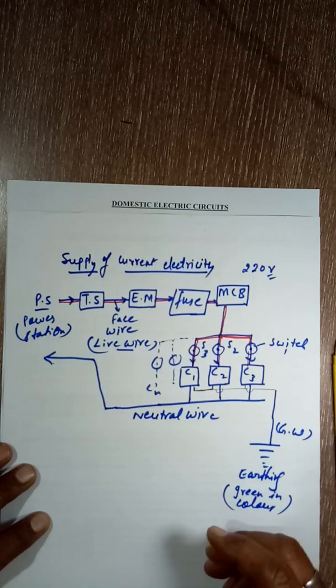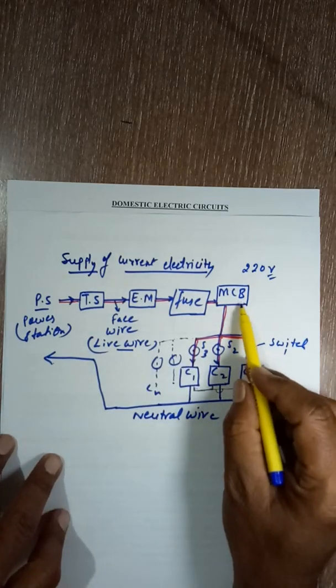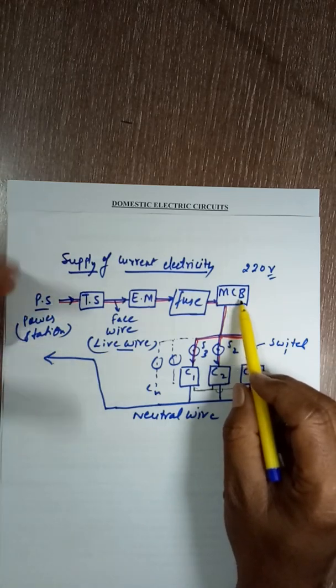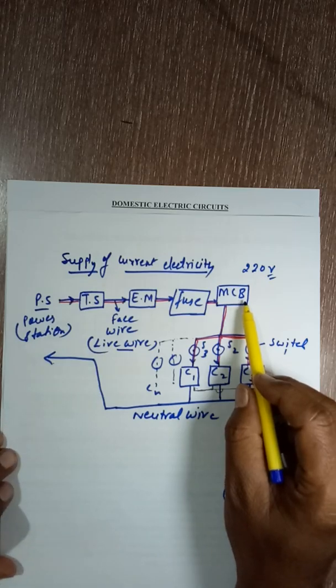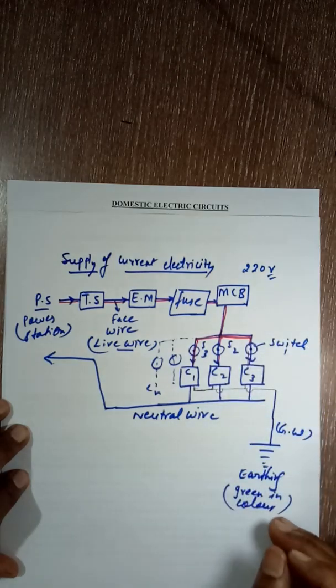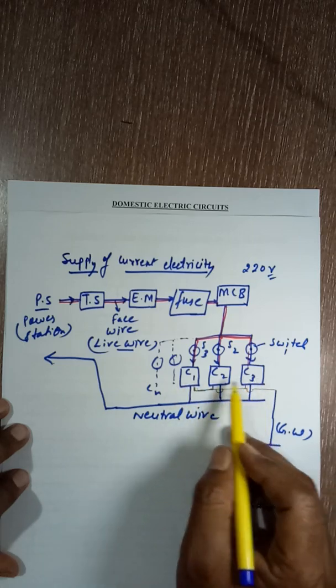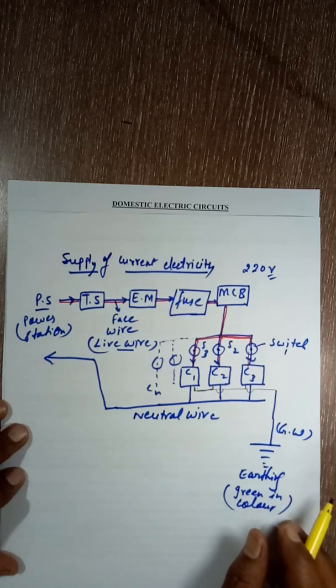There is an internal electric circuit inside the MCB which works on the heating effect of electric current. Whenever more current comes, the coil inside the MCB gets heated up, and due to the internal circuit it breaks down. That means the circuit breaks down, hence there is a hand which comes down, and hence the circuit breaks, and the equipment that is working over here remains safe. So that's why MCBs are being used in our houses.